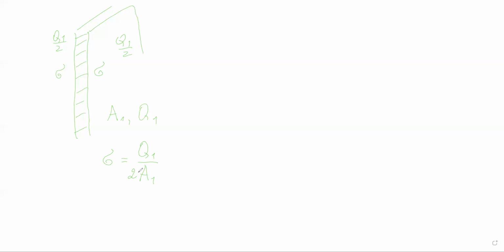We already have seen this way in previous tutorials, but I'm going to repeat it one more time. And I just want to use a different color. So instead of drawing the plate like this, we are going to draw one surface as a vertical line and another surface as a vertical line. Again, you see that the gap between them is much bigger than in the picture. But if I draw it like in the picture, it's going to be hard for me to draw any electric